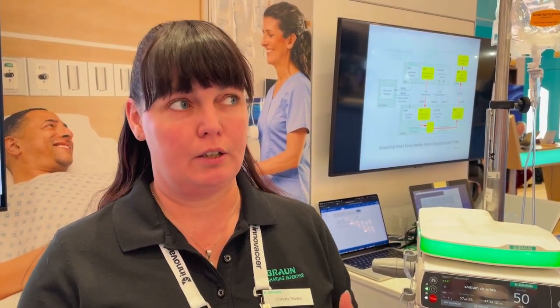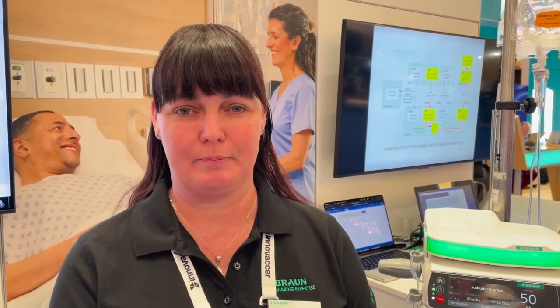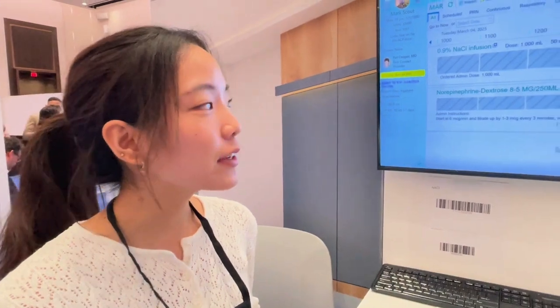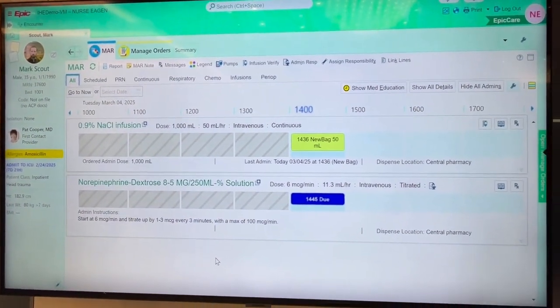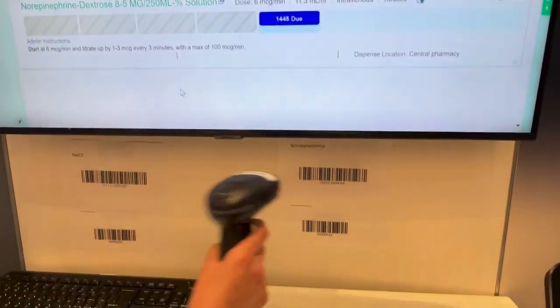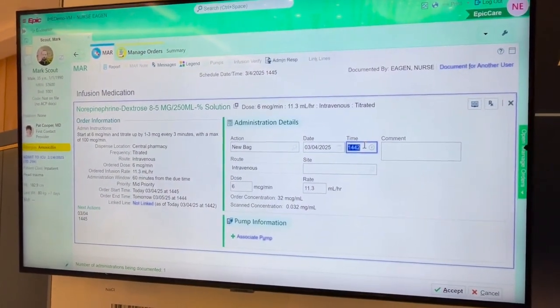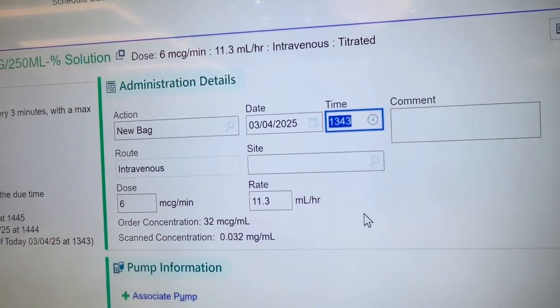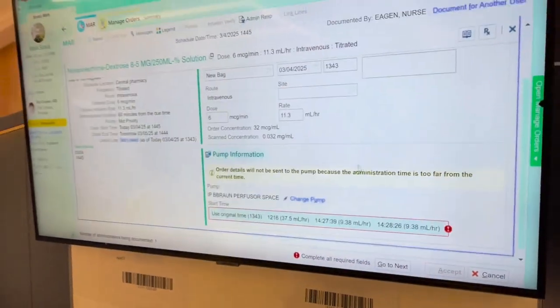The lack of a verified order prevents us from actually continuing with the preferred auto-programming workflow. So as the nurse, when I look back into Mark's chart, now I can see the norepinephrine that the physician has ordered. To do the back association, I'm going to start by scanning that drug barcode again. And this time, I'm going to set the time back to when the drug first started infusing into the patient. Now, I'm going to scan the device barcode again, fill out the form,